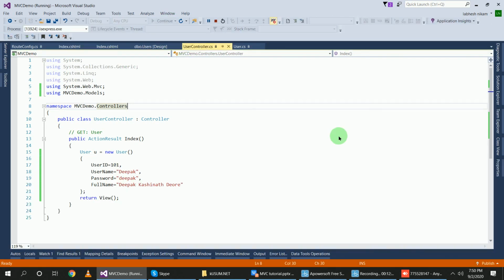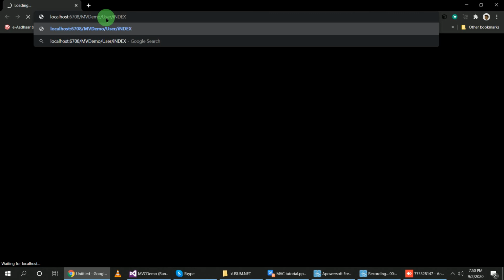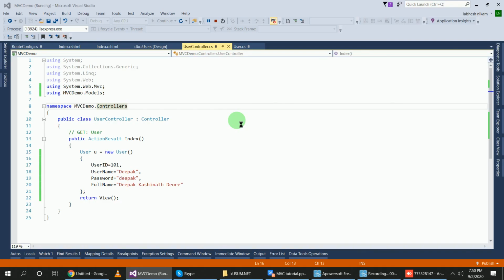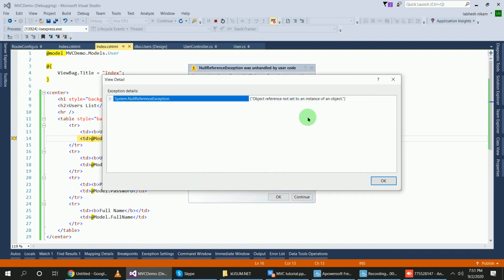And we have not given settings, so we have to pass user and the index method name. This gave some error. Iterate model.user_id, null reference exception. Okay, object reference not set to an instance of an object.